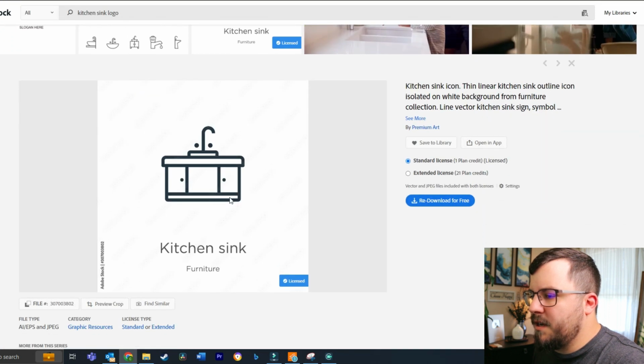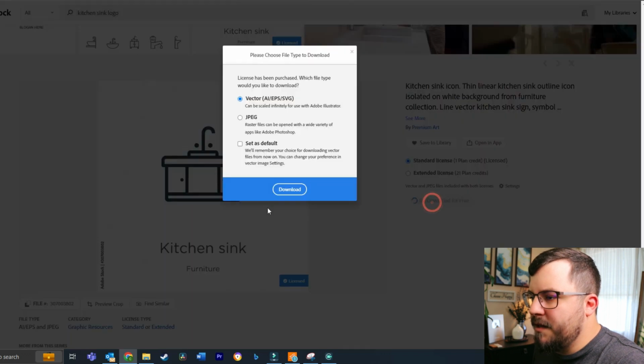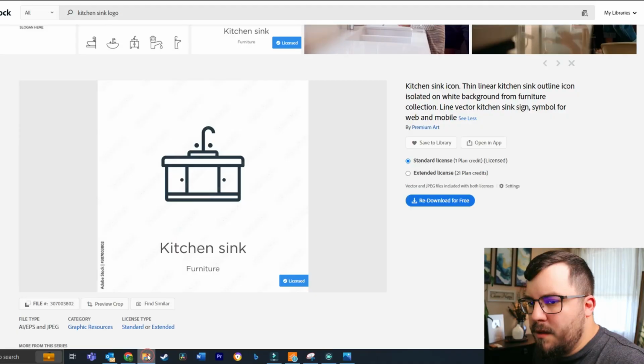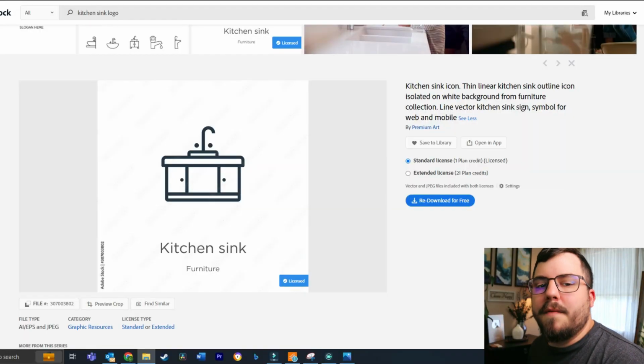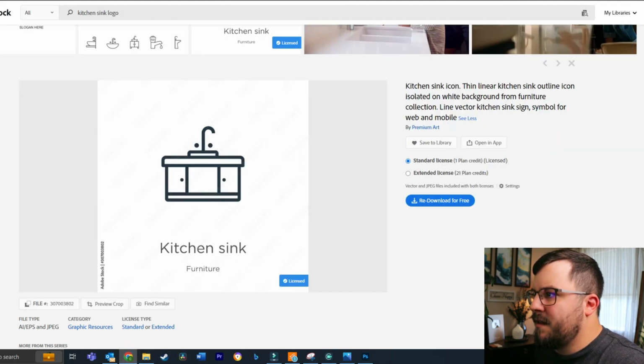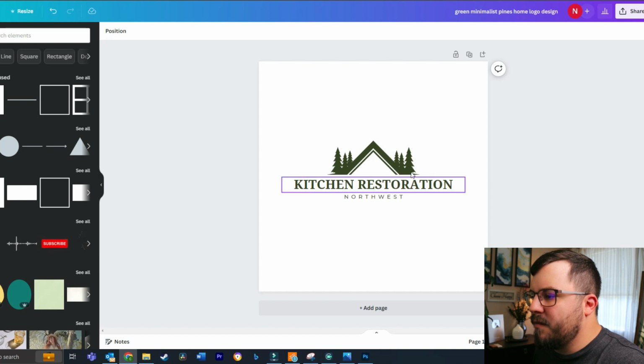And so we're gonna go ahead and download this. And what I want to do is grab that file, open it up in Photoshop, and what we want to do is change this to the color of the logo. I like that green. I like that green logo that we were working with, so I'm going to go ahead